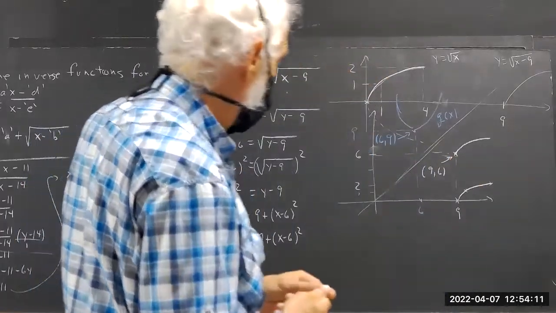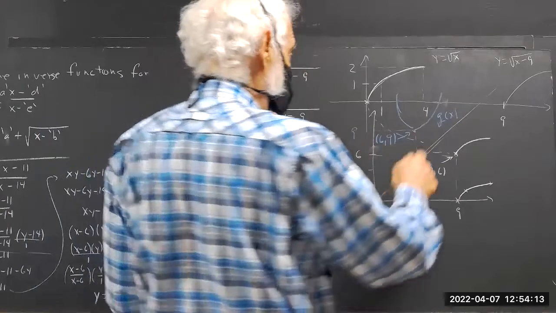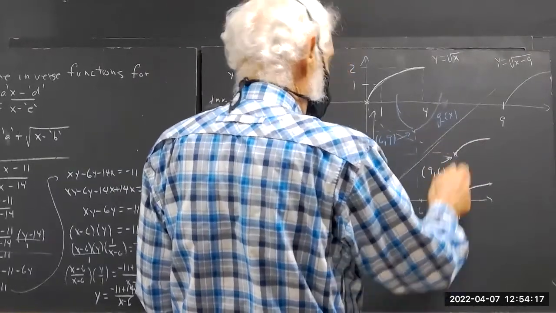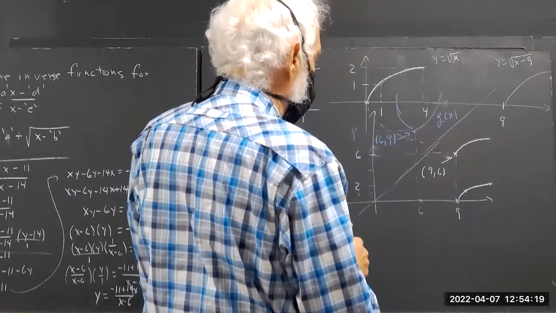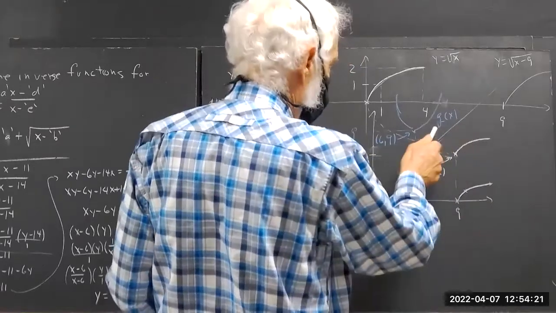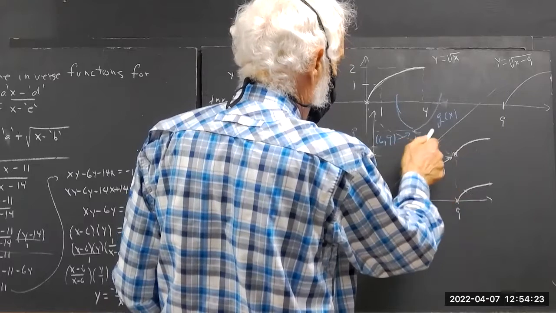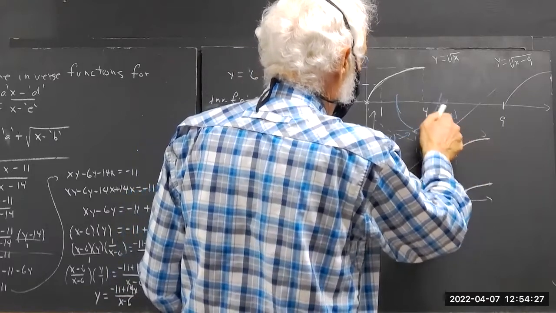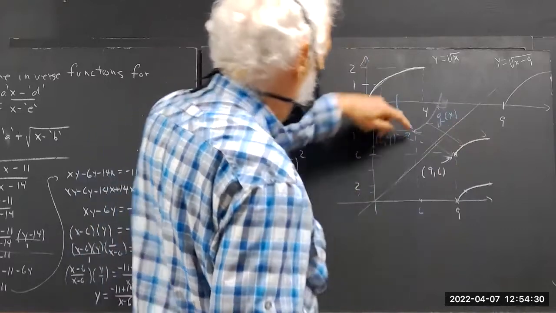I could draw other points on this. We have the point 7, 10. And here we have the point 10, 7. In other words, these points reflect across this y equals x line in a one-to-one fashion on this part of